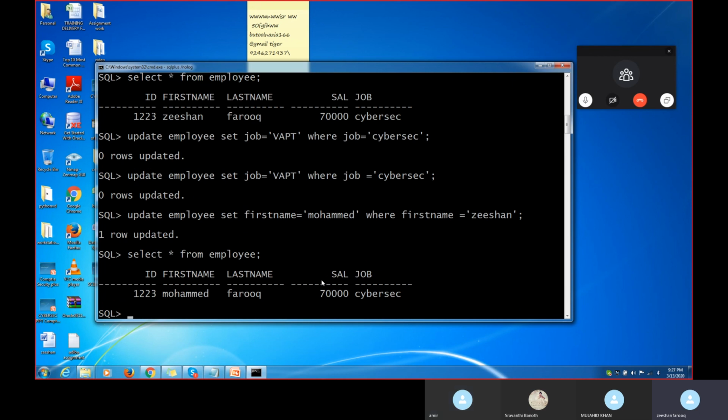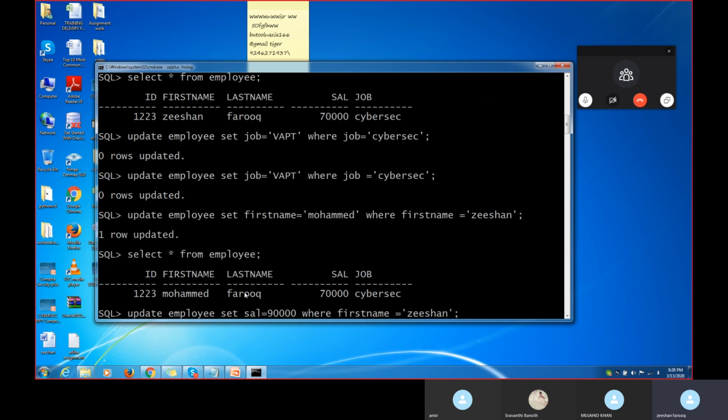Yes, sir. I want to change my salary. How will I change my salary? You see now here. One second, let me go back here now. Suppose I wanted to change my salary from 70,000 to 90,000. Okay, salary. I will just put it like this here. Salary I am putting here as 90,000. I am changing my salary from 70,000 to 90,000.